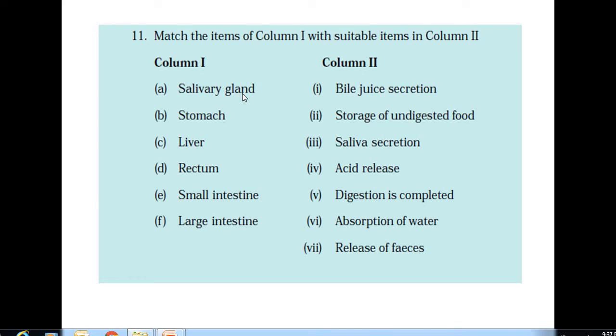On the left hand side, column 1, salivary gland, and on the right hand side of that, in column 2, you have to write saliva secretion.